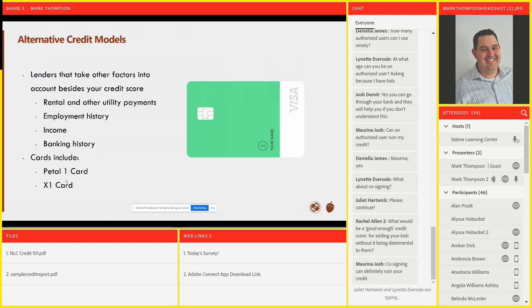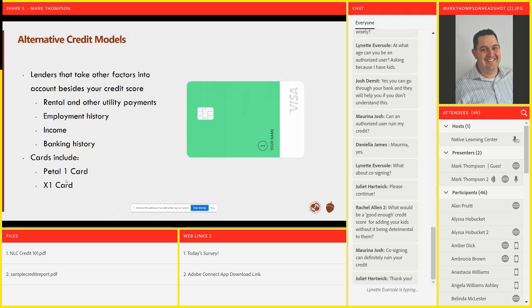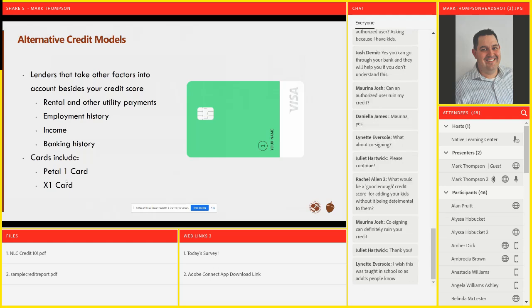So they may be looking at your rental or utility payments. Like I mentioned earlier, with a utility, they're giving you a little bit of credit, right? You get your electricity and then you pay it at the end of the month. That doesn't ever go to your credit report unless you don't pay. Because if you don't pay, they send it to a collection agency, and the collection agency is a reporter, so they put it on your credit report. However, if you've been paying your utility bills, you've been extended credit and you're paying that, and you may be paying on time.